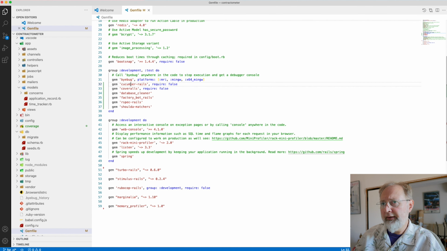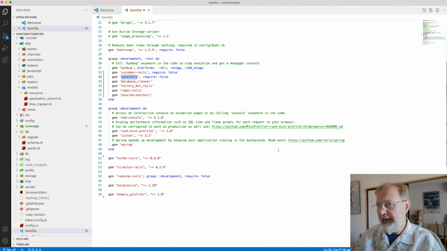The Cucumber adds in the Cucumber support. Coveralls, I said. Database cleaner will clean the database every time before you do a test, which is very nice. Factory bot is to give you some factory gems. rspec Rails, of course, and shoulda. And so when we do this,